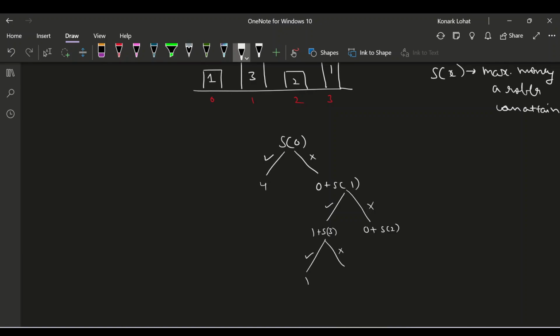And if I don't take s of 3, then I can go to the next element, and that is 2. So I will call this 0 plus s of 2, right? Now sorry, s of 4, and s of 4 is 0, so this will return 0. Now out of 0 and 1, which is the maximum value? So it has the maximum value as 1. So at s of 3 you will have 1, and this value will be 2, and s of 2 value,